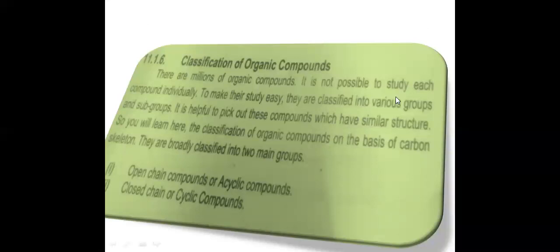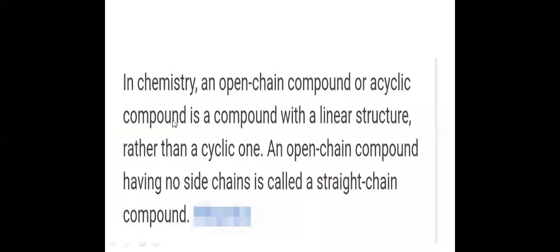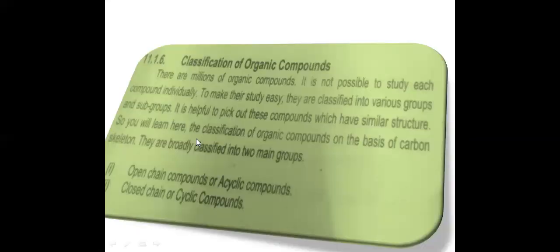It is not possible to study each compound individually. So to make their study easy, they are classified into various groups and subgroups. It is helpful to pick out those compounds which have similar structure. So, in this topic, the classification of organic compounds on the basis of carbon skeleton, they are broadly classified into two main groups: open chain compounds or acyclic compounds, and closed